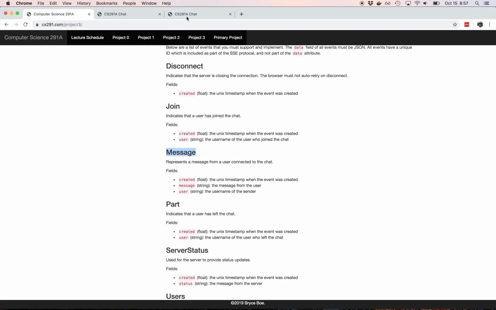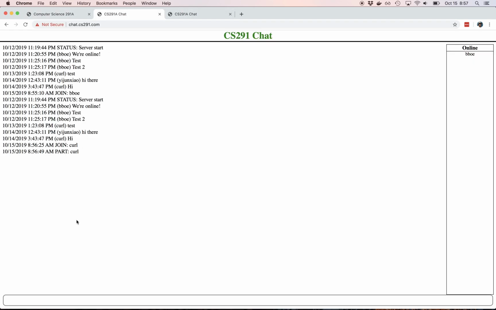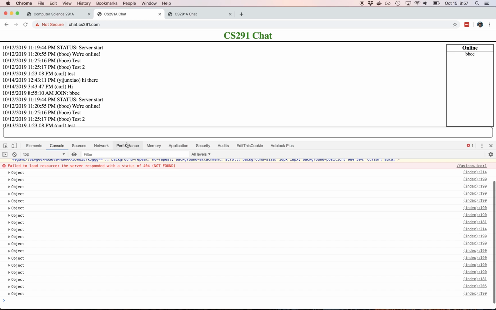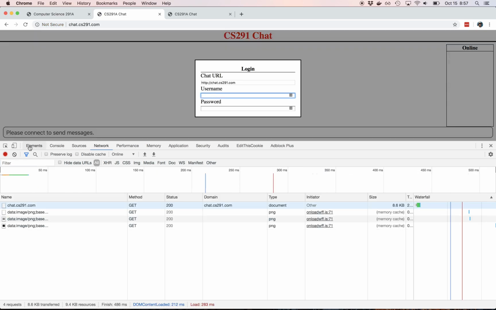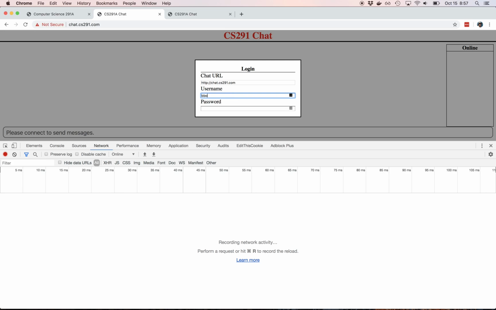So we have the message type, which is if I send a message, then that gets sent here. So that's not the client directly putting this in. It's actually receiving a message. Let me show you again, this time using the network tab. So if I refresh this connection and log in,